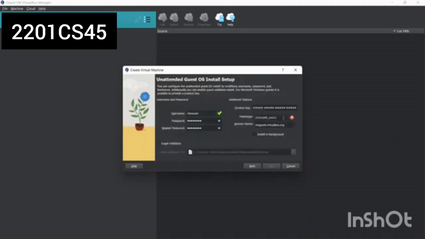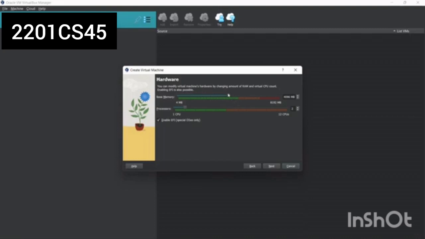and you change the host name. It should not contain any underscore, and change the username if you like. You can also change the password. Now it is default set as change me. Increase the base memory. You can go up to the green limit,